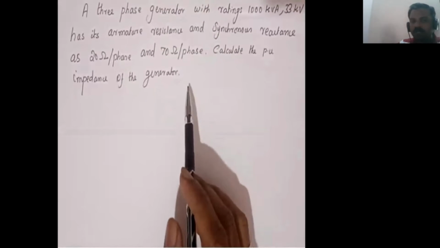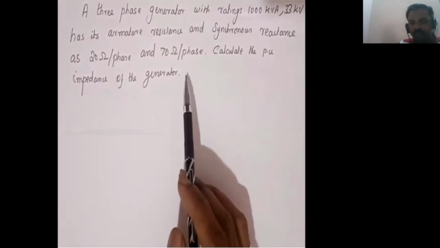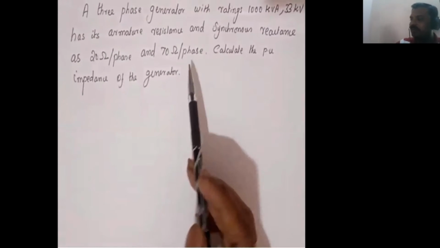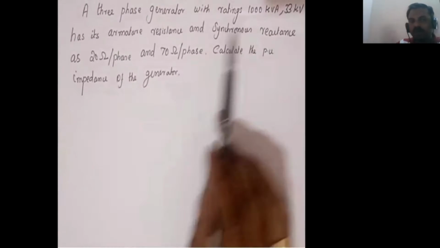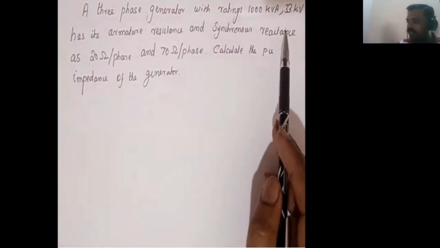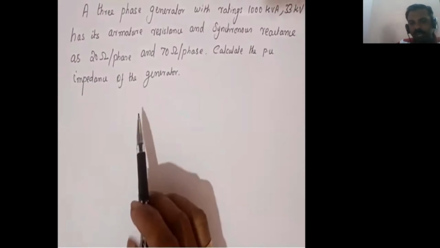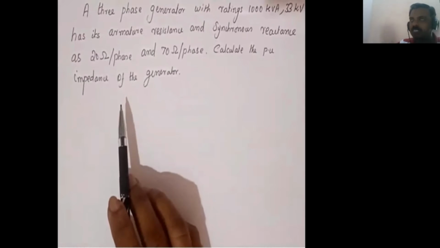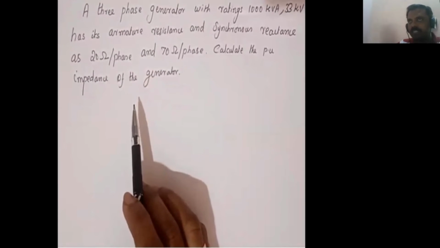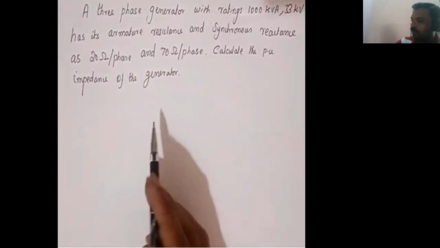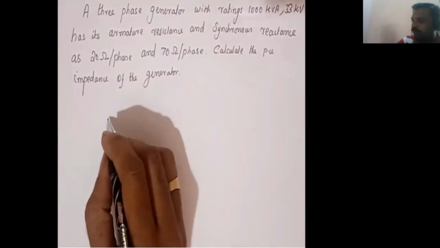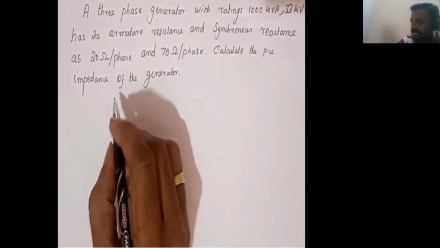If a number of components are there in the power system or in the given problem, we choose the highest value as the base value. The megavolt ampere base is common for all the components. Then the kilovolt base varies across transformers, from high tension side to low tension side or low tension side to high tension side. So here in this problem we choose the generator rating as the base value.